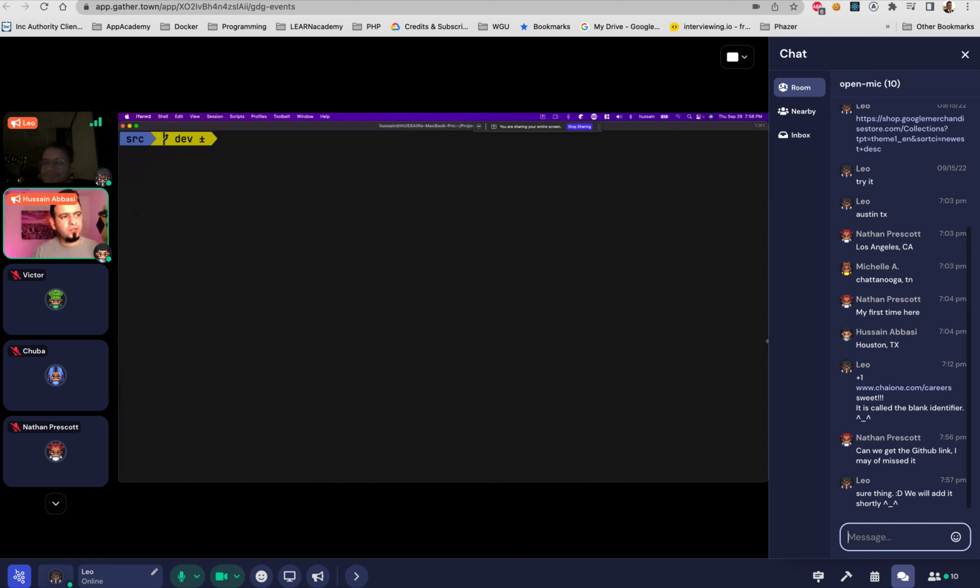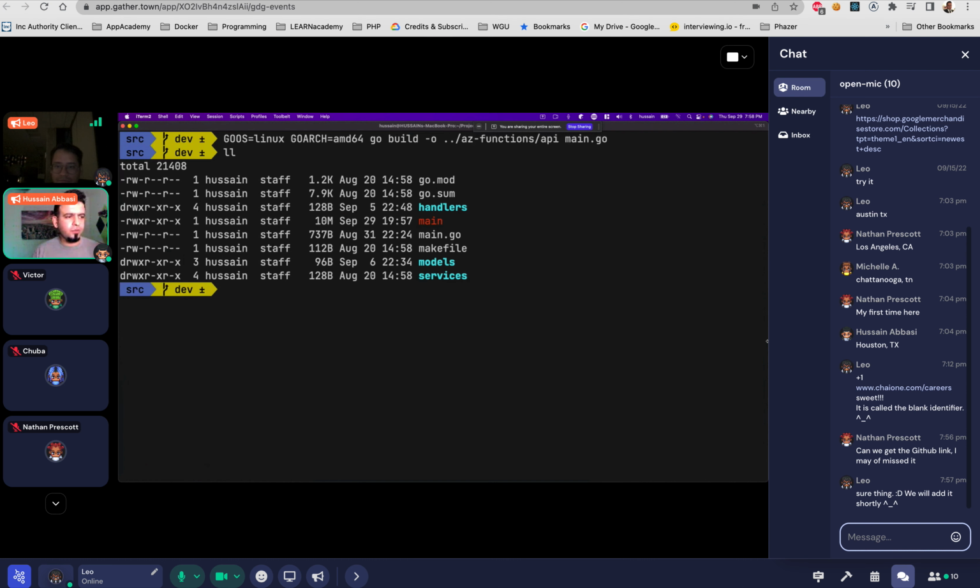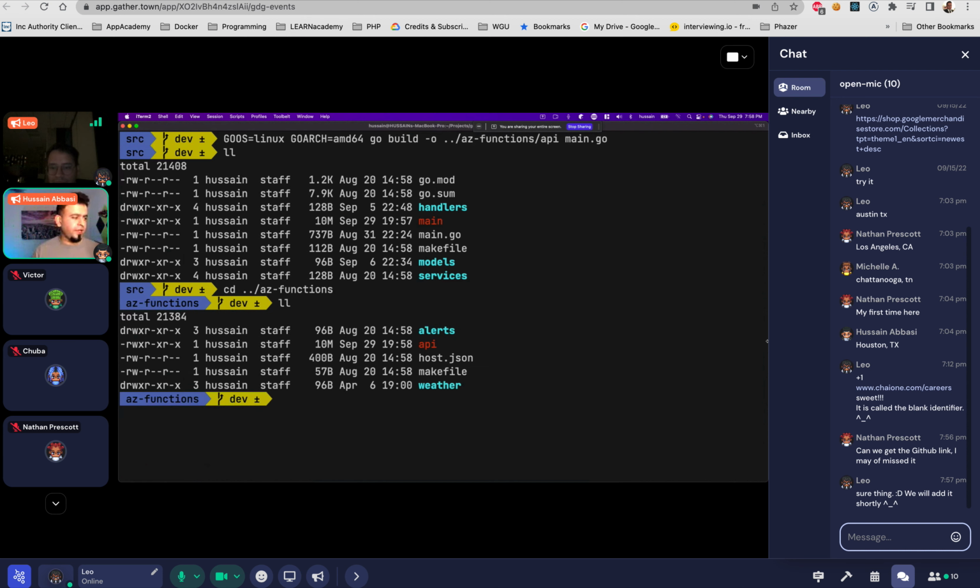If I wanted to, what I could do is run that command again, and I can say that I want you to build me this method, and then I want to do an output. So I'm going to say output this to the folder called AZ functions and call it API. And now if I hit enter, if I run, this main is from before, but if I go back to my AZ function and I run, you see there's an API binary, or the API executable, that's there. So once I do this, now I can actually do something like func azure functionapp publish API, and it will publish it to my function app.